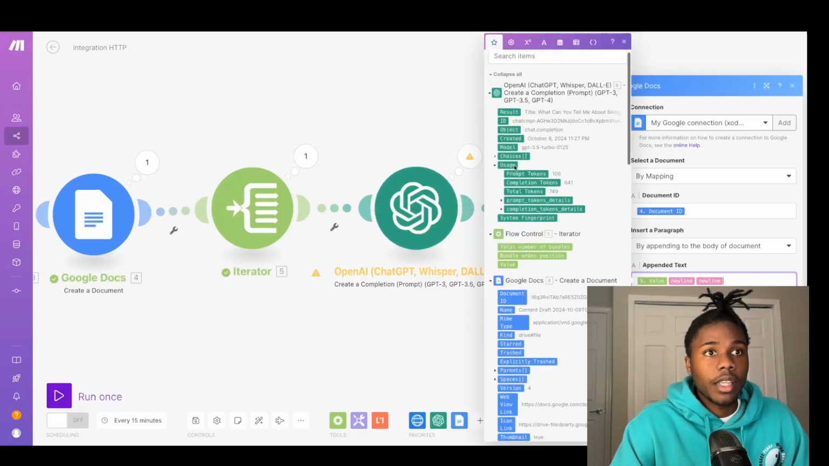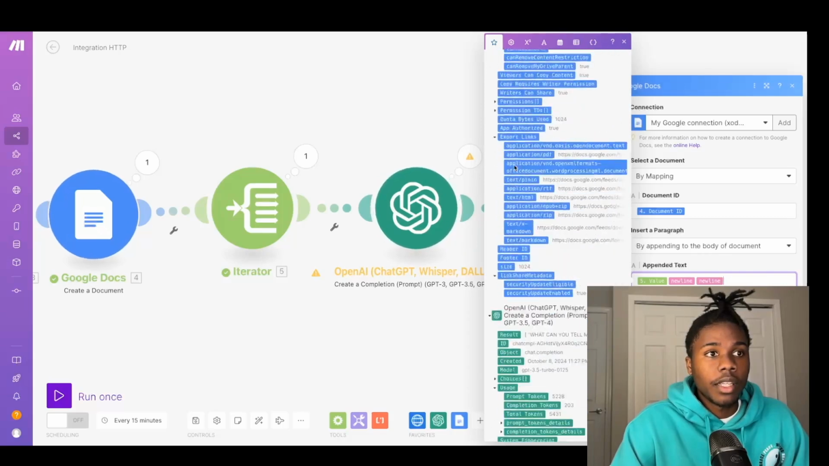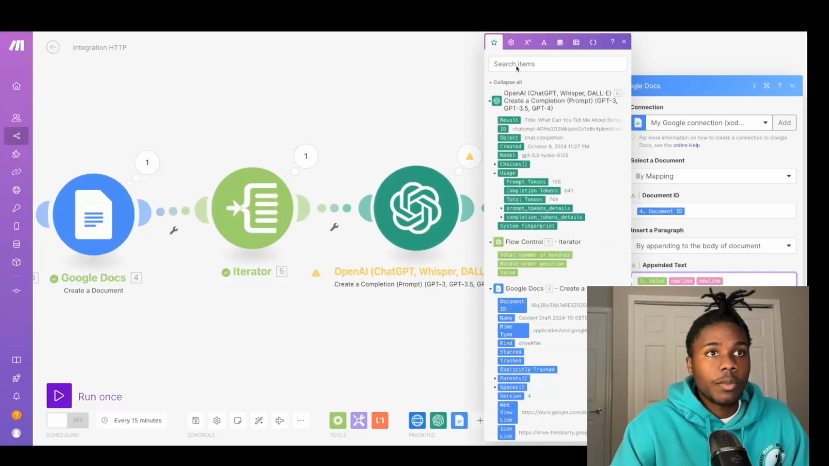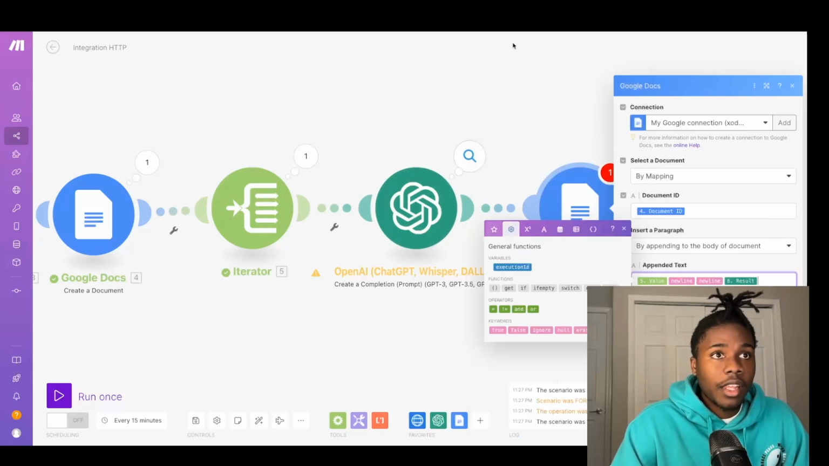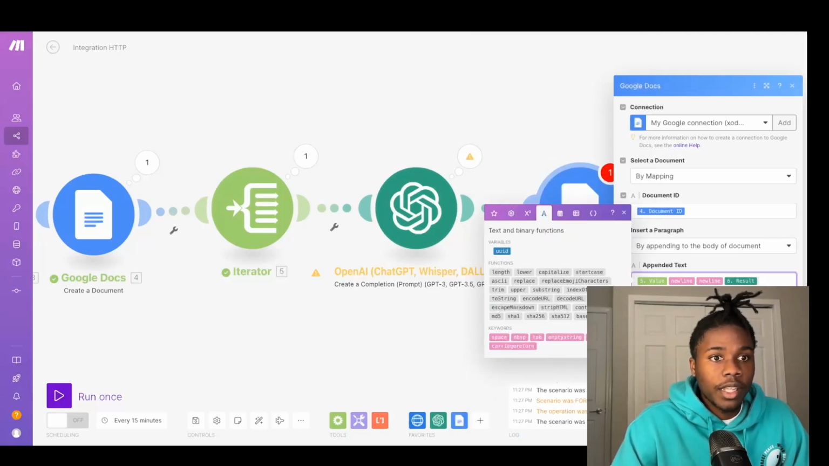The script is going to be, let's see, there's 2 GPT modules. This is 6 though, so this is what we're looking for. All right, so this is going to be the script. And then we want to go ahead and add some space between this